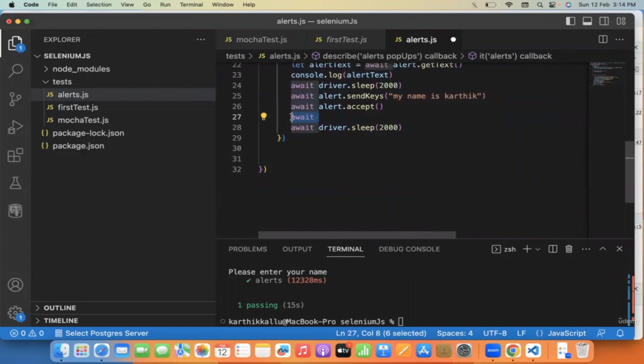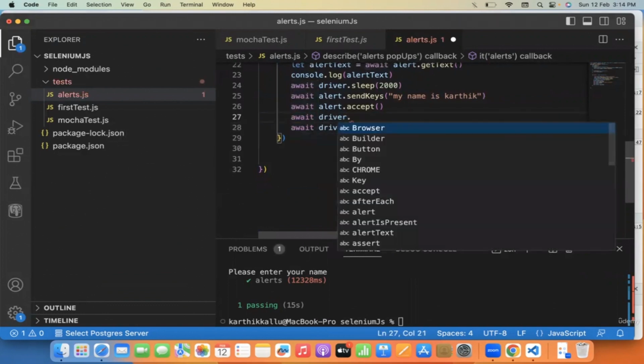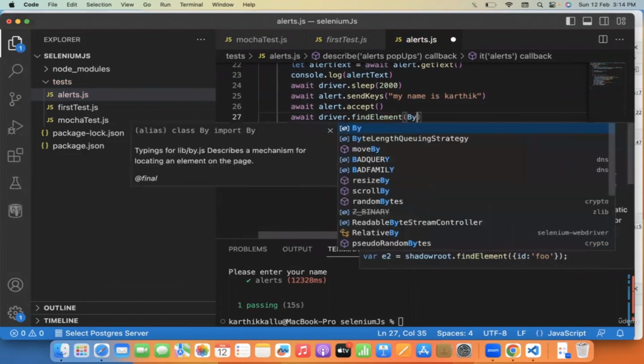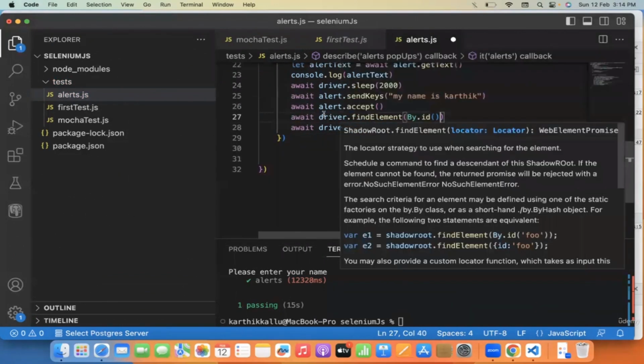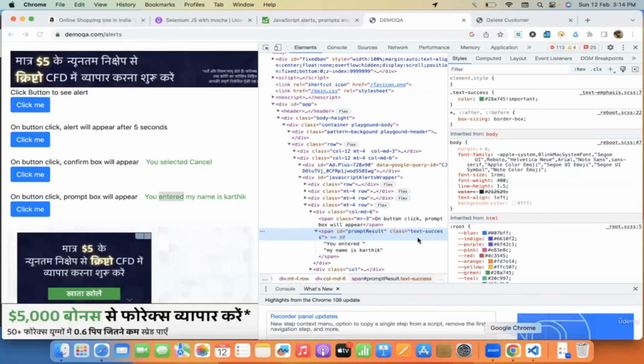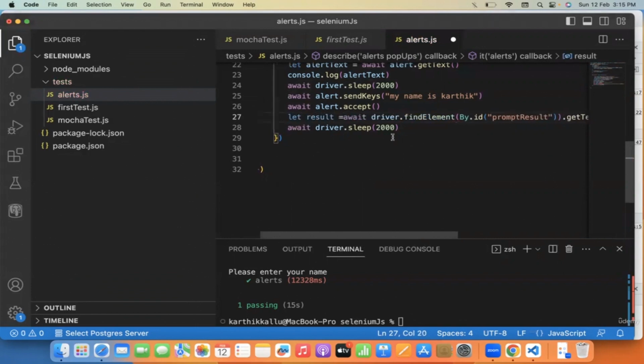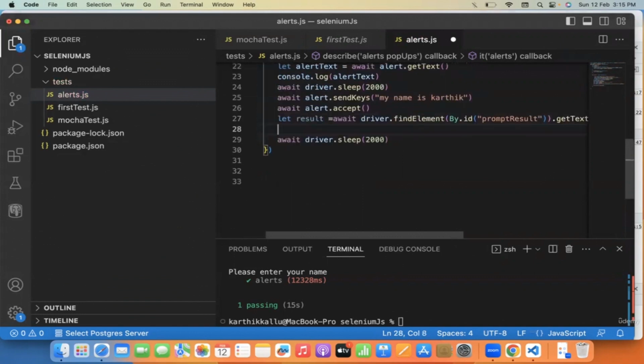One second, guys. Await driver dot find element By dot id. Then we can use get text. And let me pass the id. What is the id? Prompt result, right? Let me copy that one. Let me paste it here, and sorry, let result is equal to